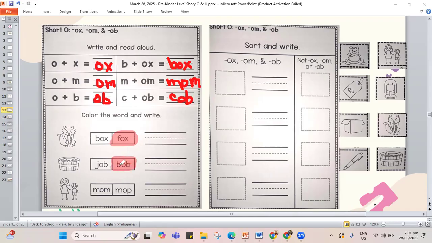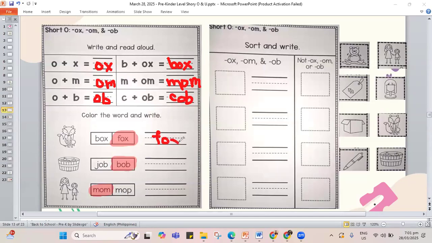So you need to get the apples in a vat filled with water, and the apples are floating. You use your mouth instead of your hands to get them. And then the last one is mom. Where is mom? M-O-M. Mom. I love my mom.